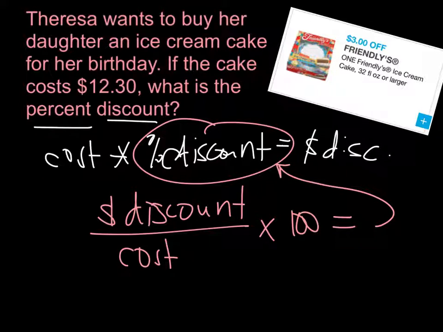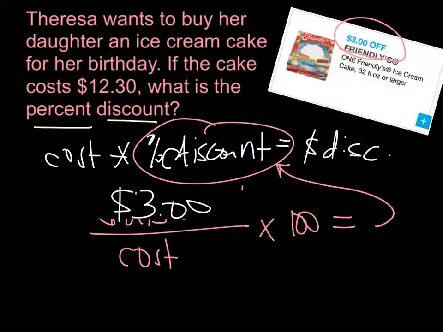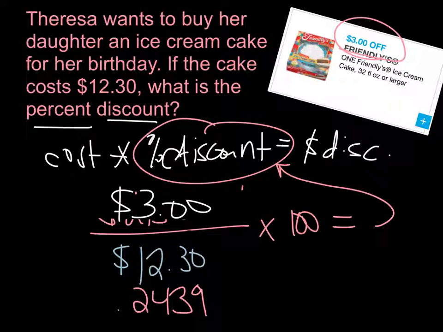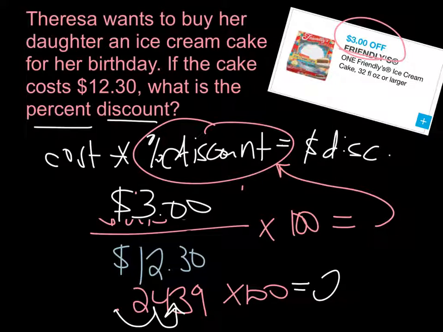If we go ahead and look at our money discount, we'll see that we have $3 off of Friendly's ice cream cake. So we're going to replace the money discount with $3, and then we're going to replace the original cost with $12.30. We're going to divide those two numbers. When we divide those, we get 0.2439, which we then are going to multiply by 100, which requires us to move the decimal point back 2 spaces to the right. And we get a percent of